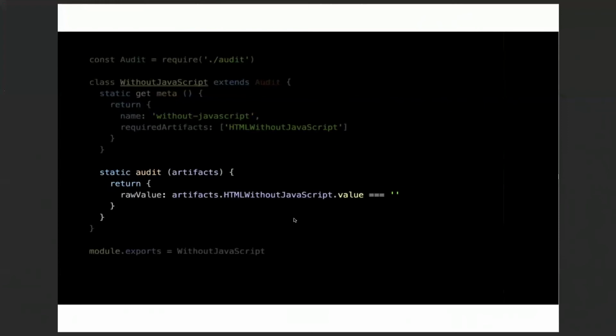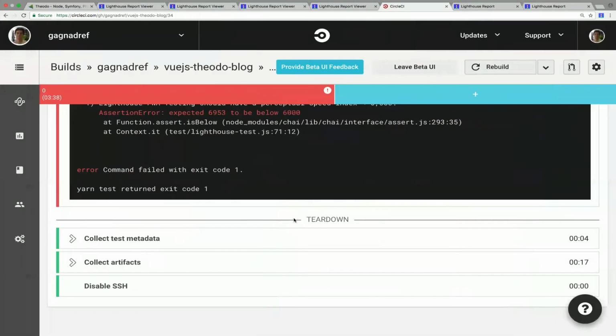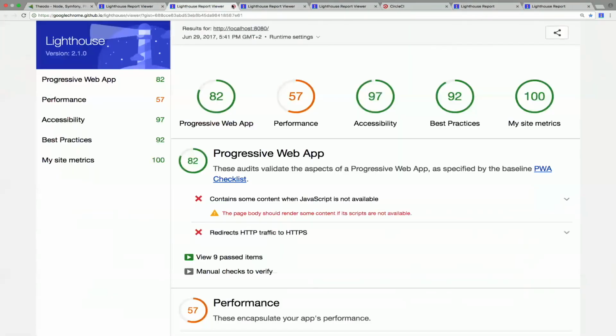And in the audit method, we'll just do the assertions and return the results as an object. Okay, I can show you what it can look like at the end.